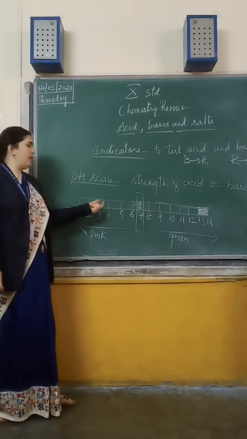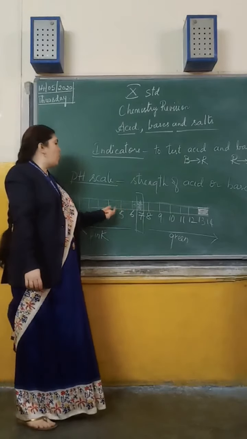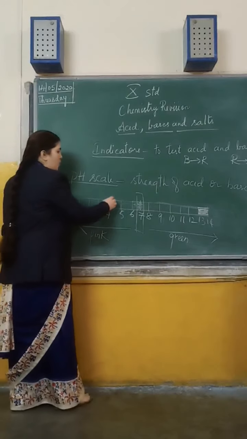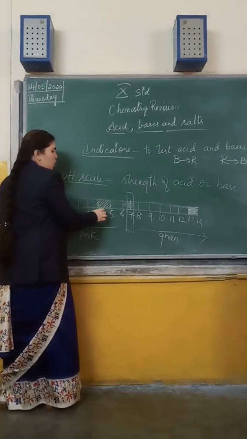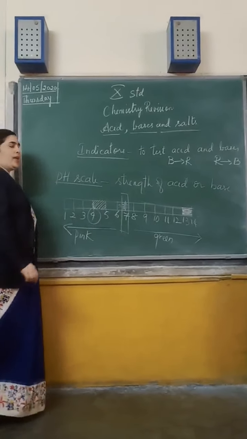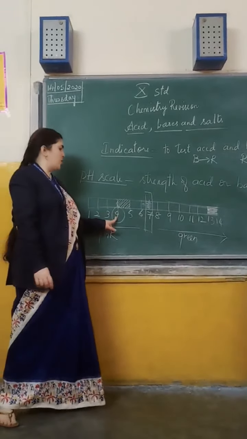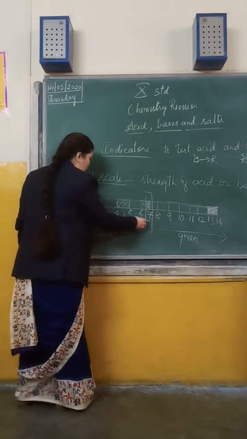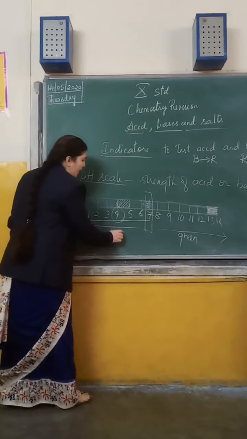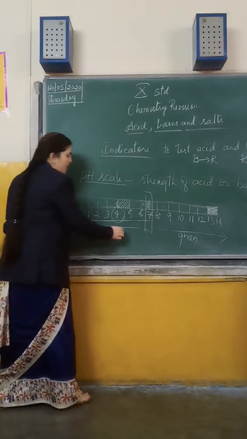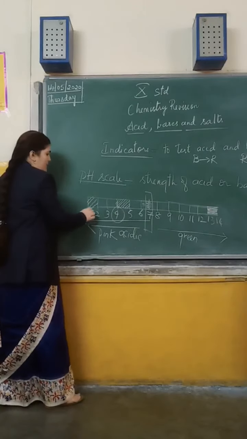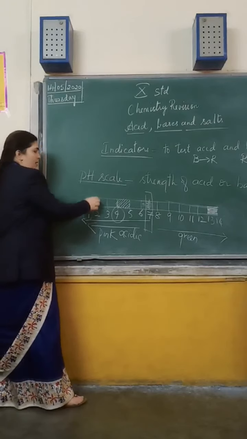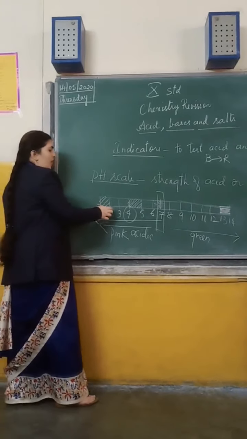For example, in the pH paper you have got a pink color which matches here, very near this point. So you can say the pH of the solution is 4. From 7 to 1, it is acidic. If you get these kinds of shades, it is acidic. If you get dark pink color, it is 1. That section you have to match.